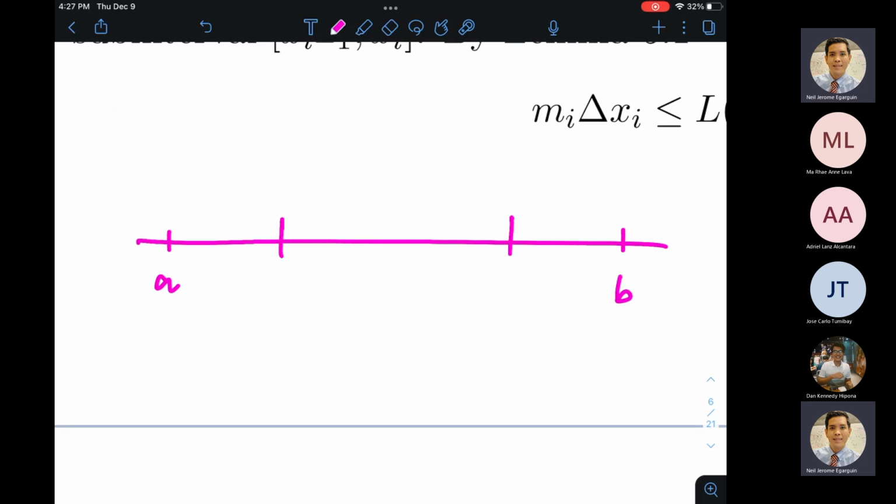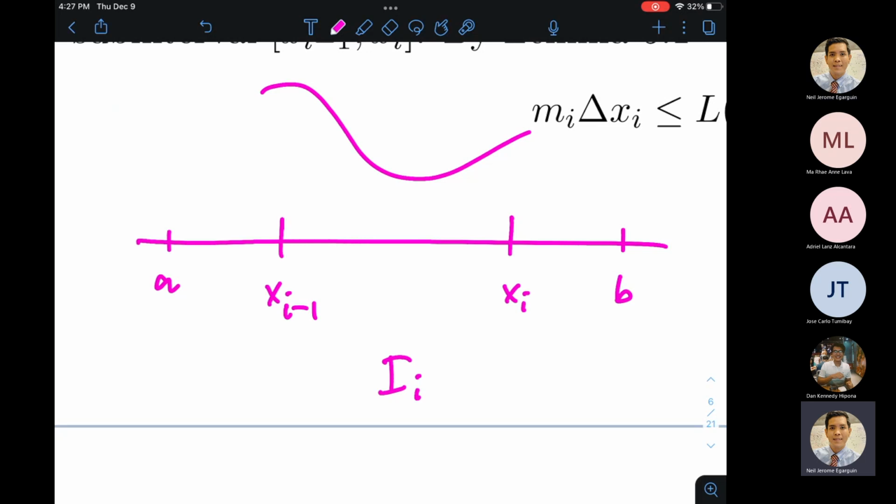Okay. So, mag-consider lang tayo ng isang possible subinterval. Halimbawa, nandito si A, nandito si B. Alright? Tapos kunin ko halimbawa, ito yung si x sub I. Tapos ito si x sub I plus 1. Baliktad, gawin kong x sub I minus 1 at saka si x sub I. Ito yung interval II. Tapos kunwari, ito yung function, f over the subinterval II.